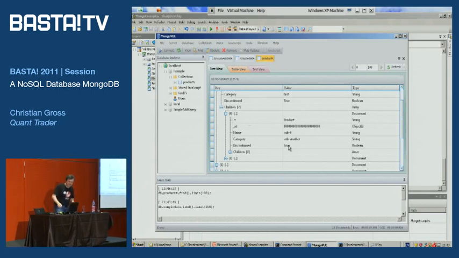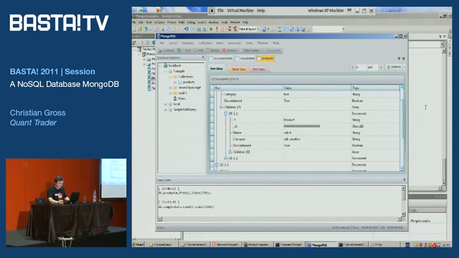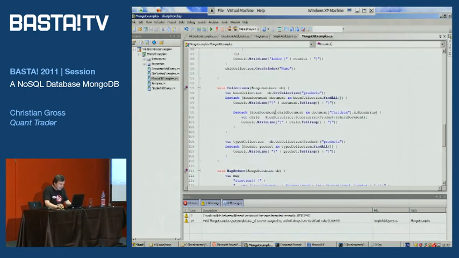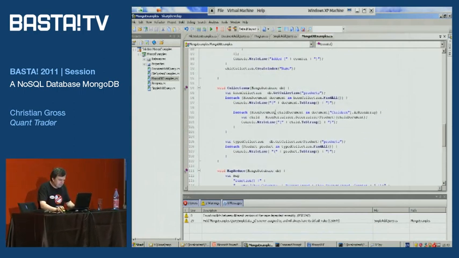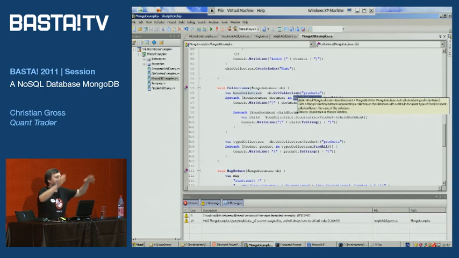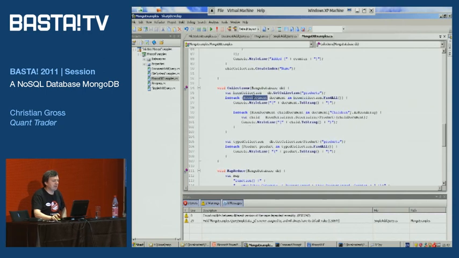Now, going back to this example, one of the things that I wanted to show is, do you see this? Remember I said to you, I can grab from the collection, from MongoDB, I can grab a document.